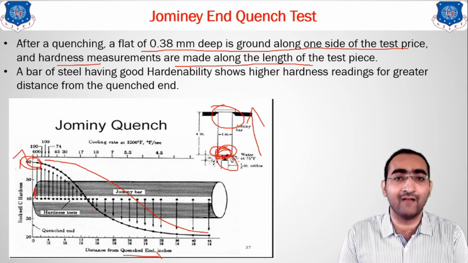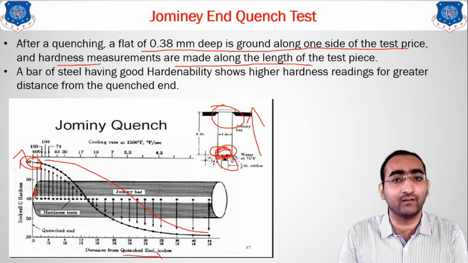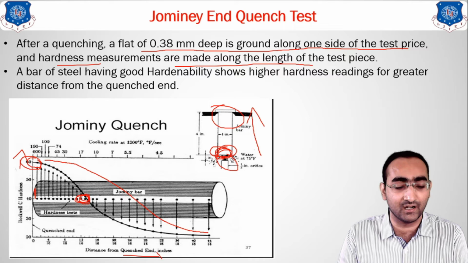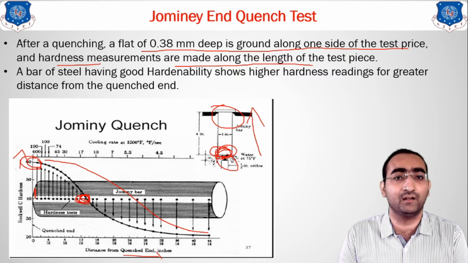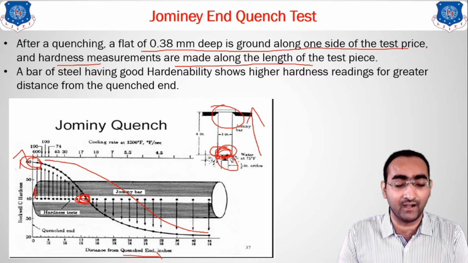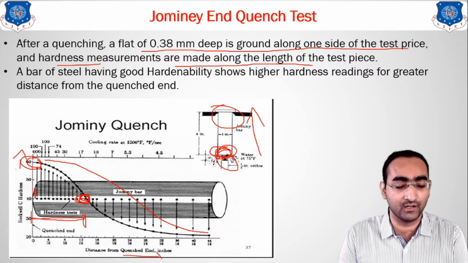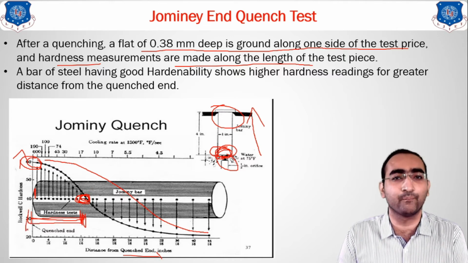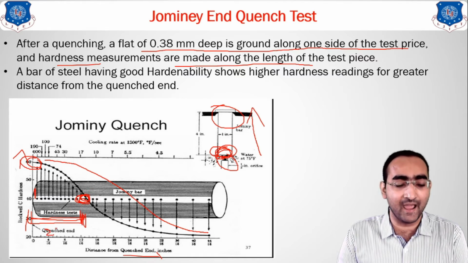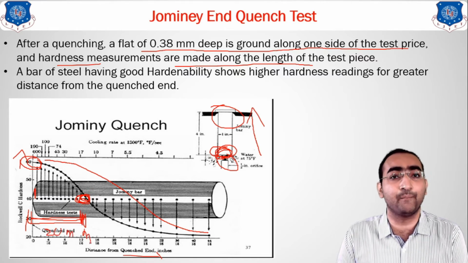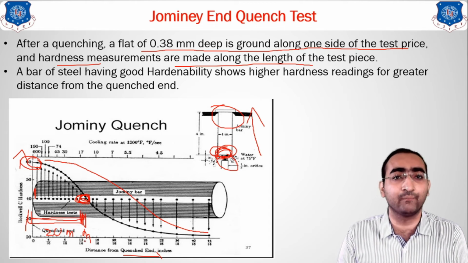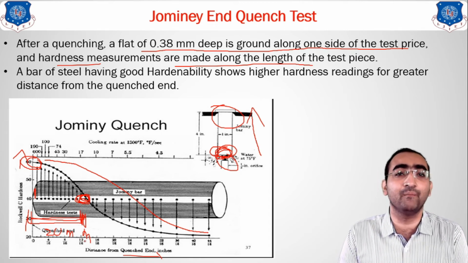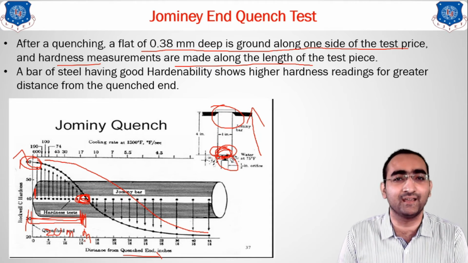By taking the average of the material, we can find out the answer. This is the middle region, and we will be measuring the distance up to this. This portion is nothing but the hardenability of the steel sample. Take this distance as 20 mm. So in a steel sample, up to 20 mm depth we are getting the hardness, so the hardenability will be equal to 20 mm.